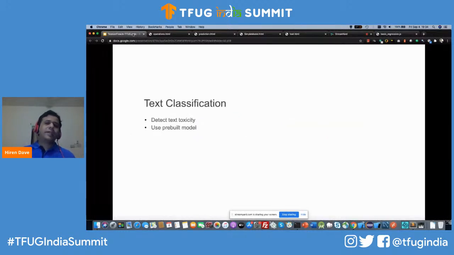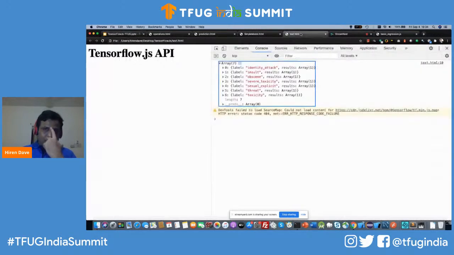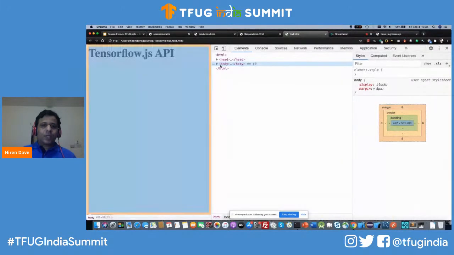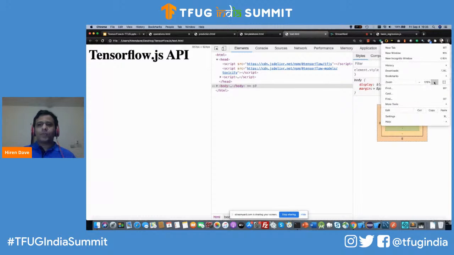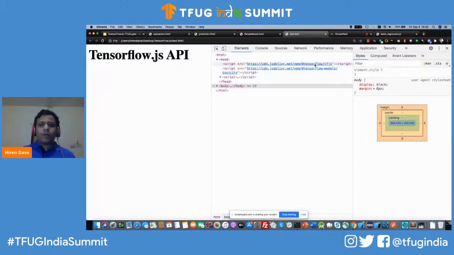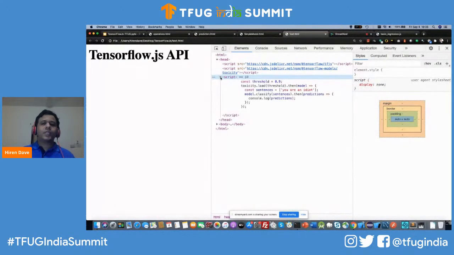One is text classification for detecting text toxicity, and for that, we are going to use a pre-built model. So let me just share that screen. As you can see over here, we have downloaded TensorFlow.js from the script, and then we are downloading a toxicity model, which is a pre-built or pre-available model. And then in the script, once my toxicity model is loaded,